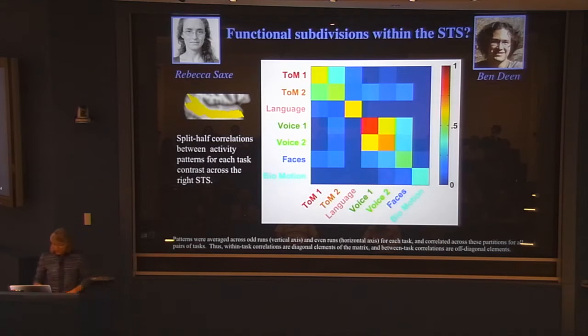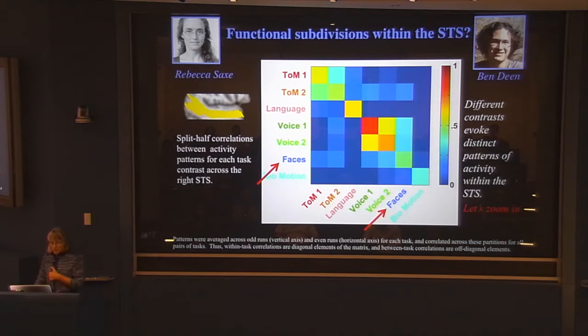And you also see nice replication. Here are two different sets of theory of mind tasks, and there's a correlation in the pattern of response from theory of mind contrast 1 to theory of mind contrast 2, as there should be, but it's nice when things work. Same deal for the two different voice contrasts, but basically all of these other zones are pretty blue. They're not correlated. That tells you it's different. There's a different pattern of response across that region for these different contrasts. In other words, they're not all one big multifunctional thing. There's some structure in here. Okay?